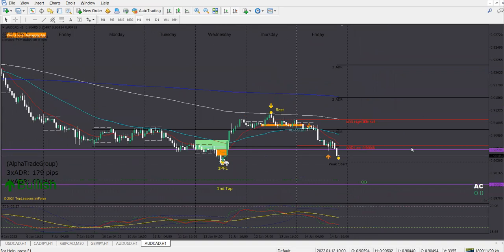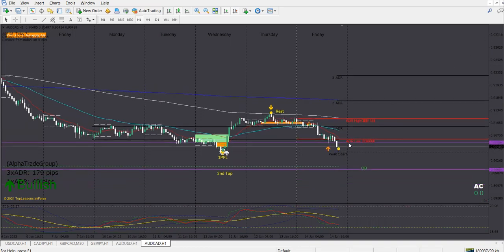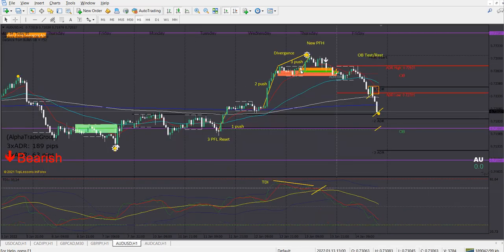Okay, so now let's look real quickly at the Aussie CAD. This is a reset, guys, because this was technically supposed to be a peak formation one. So yesterday I was marking this and I was like, well, if it doesn't come up here and break this 200, then we're still going down, right? We're going to come down here and just plan on going another 380 AUD down, which I forgot to mention on here. For those of you who don't have the 380 AUD indicator, you would want to go ahead and let me